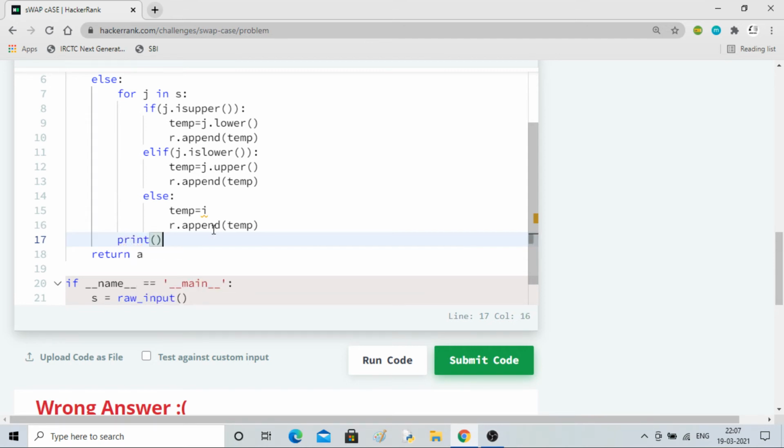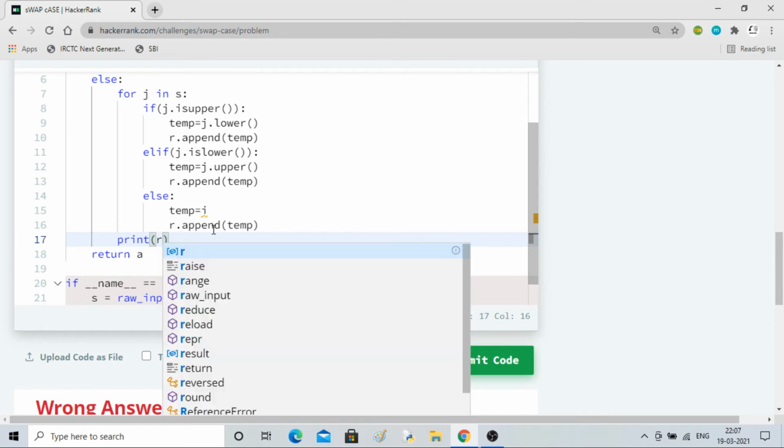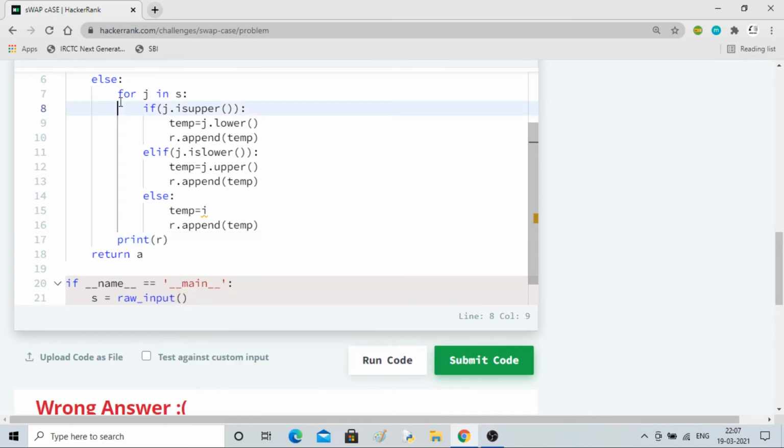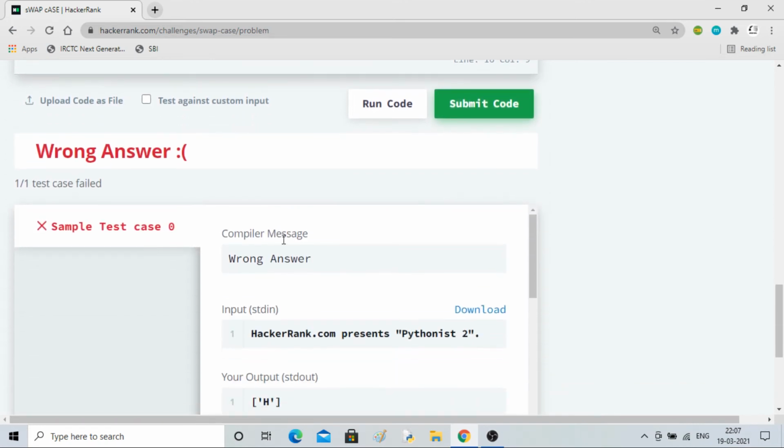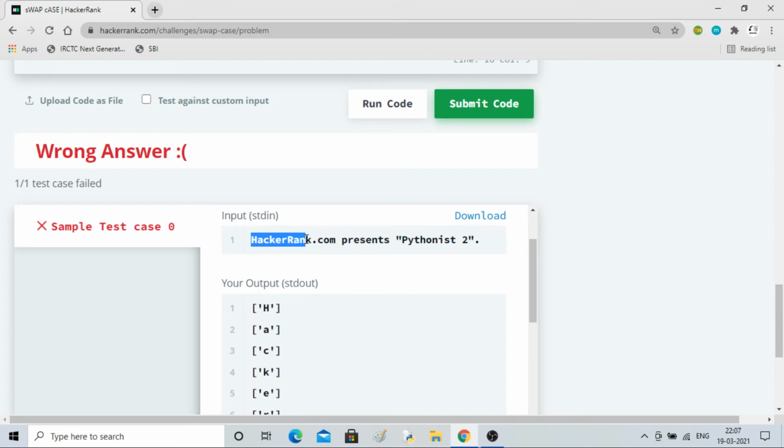After the for loop I am doing this. From here you can see every term will be converted. It will convert each letter from uppercase to lowercase, lowercase to uppercase, and it will keep the symbols and spaces as they are.